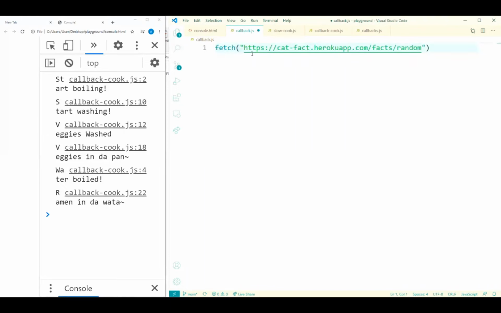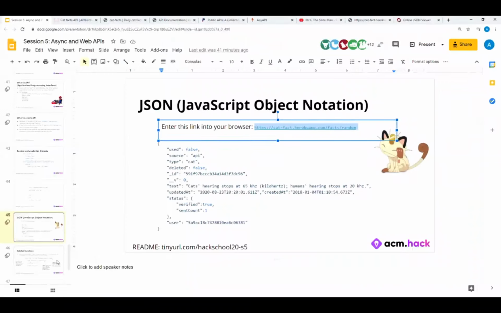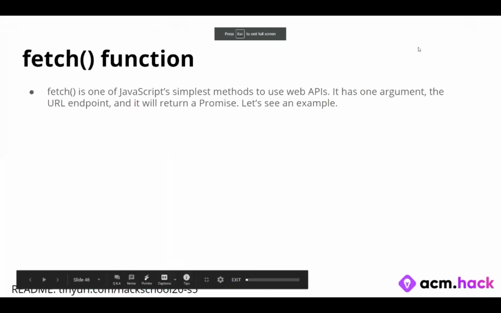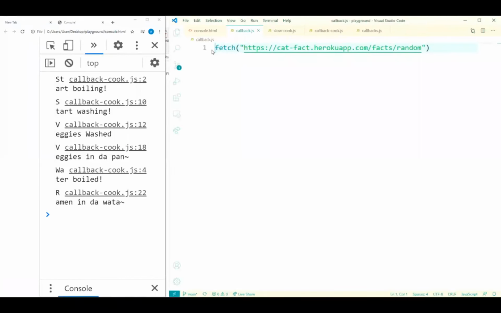Remember I told you that this fetch function returns a promise. So we can create a variable myPromise1 equals fetch. So myPromise1 is now our promise. And oh, I'm sorry, I forgot a semicolon.